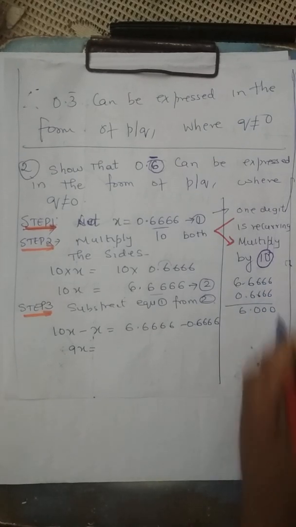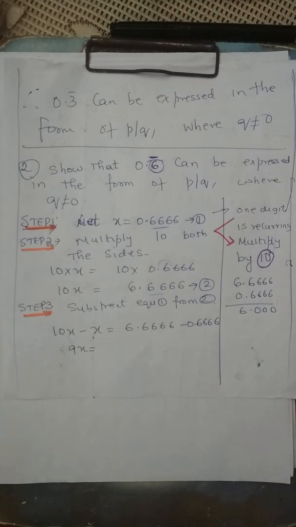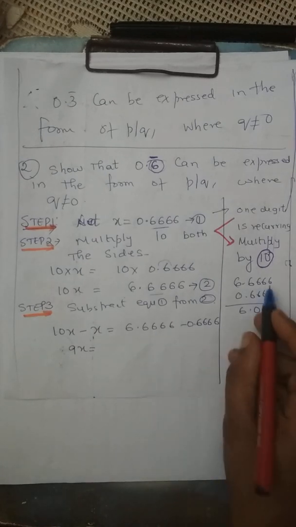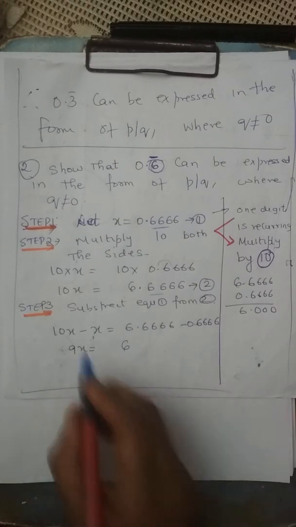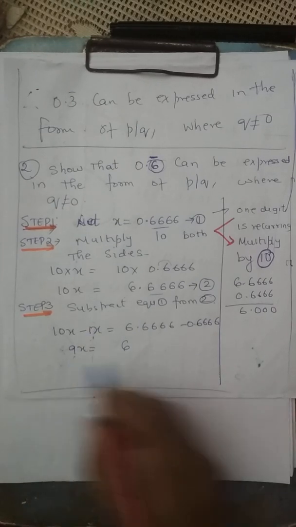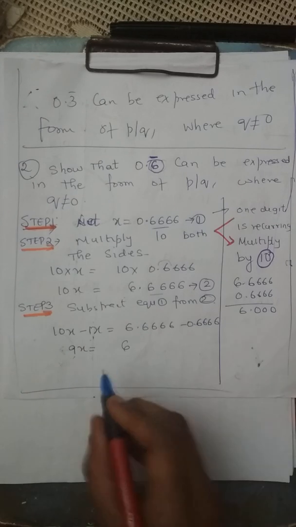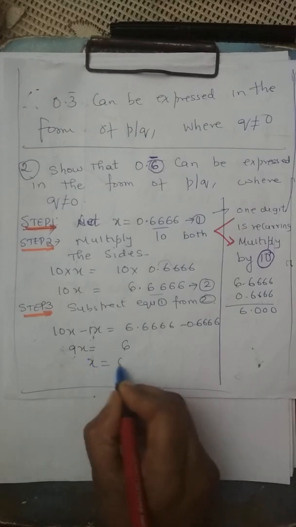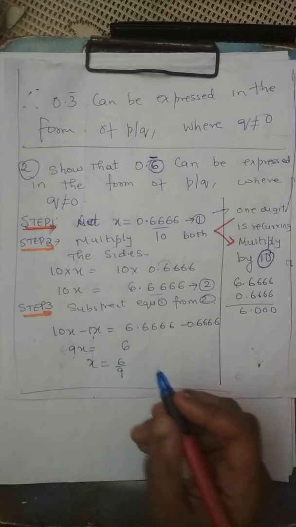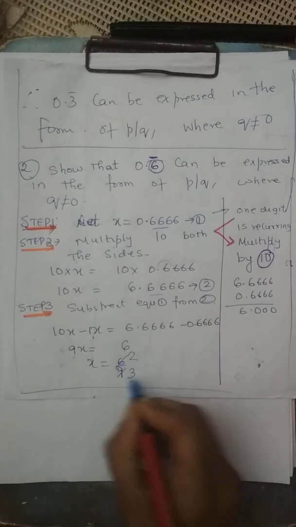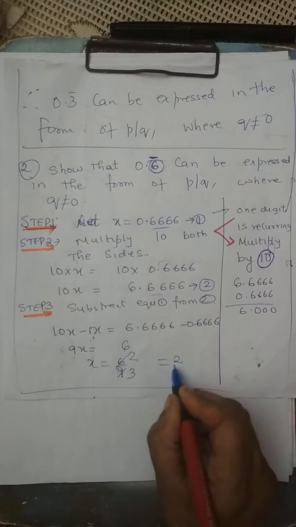See, doing it fast now, I've already explained to you. So please do it along with me. So this becomes, so what remains? 6. See, 10 minus 1 is 9. So you minus, this becomes 0. So always reduce it. Okay. 3 1s are 3, 3 2s are 6. So 2 upon 3.